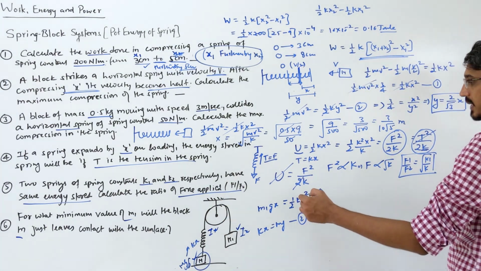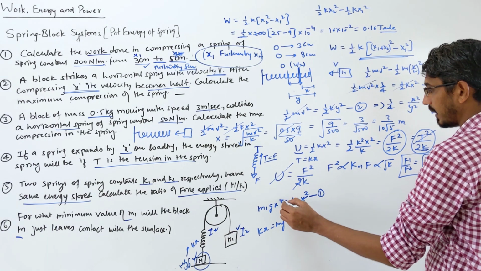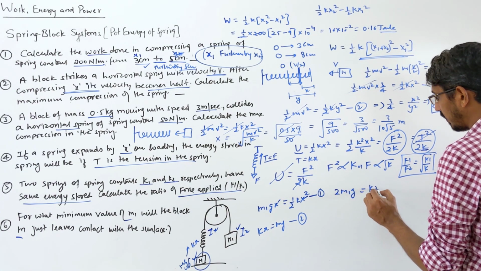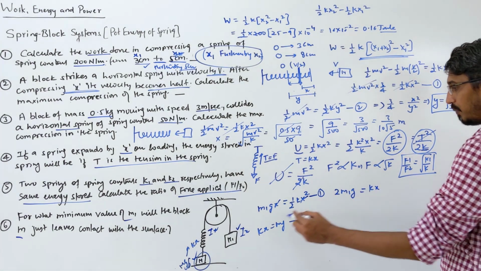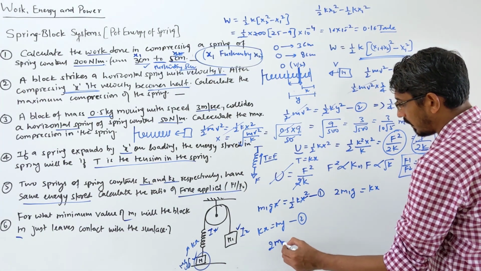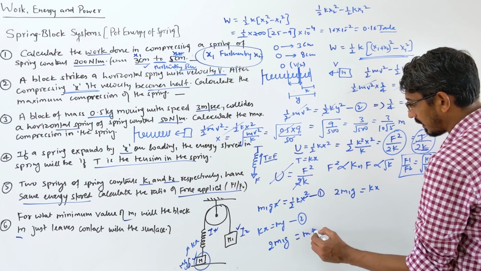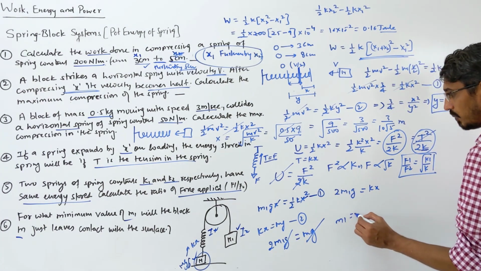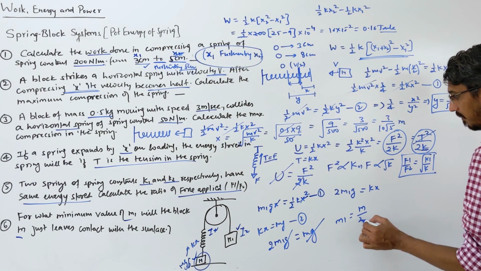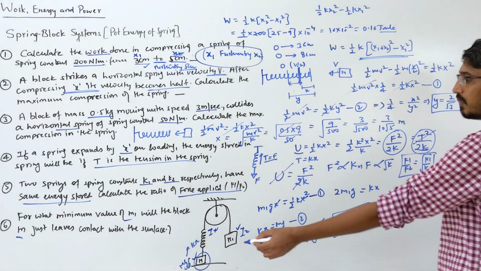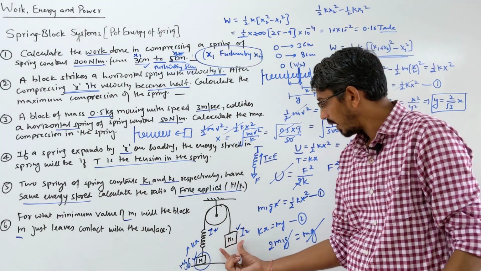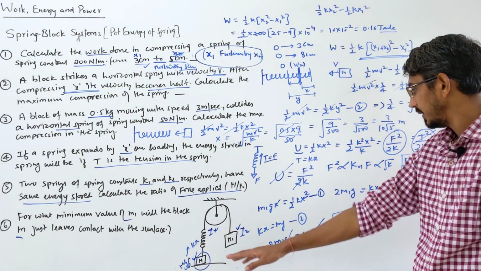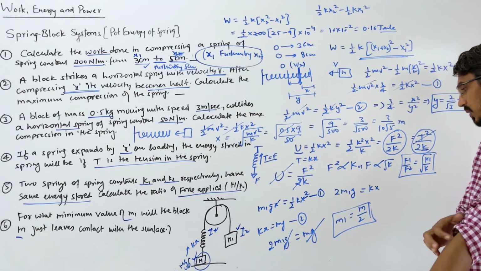So from here let's calculate kx. One x gets cancelled, then you see that 2m1g is equal to k into x. So that kx we put here, then 2m1g should be at least equal to or more than Mg. So this gets cancelled. So m1 should be at least equal to or more than M by 2. That's your answer to lift this block. The mass of this block should be at least half of that block, right? Correct. To lift these blocks, okay?